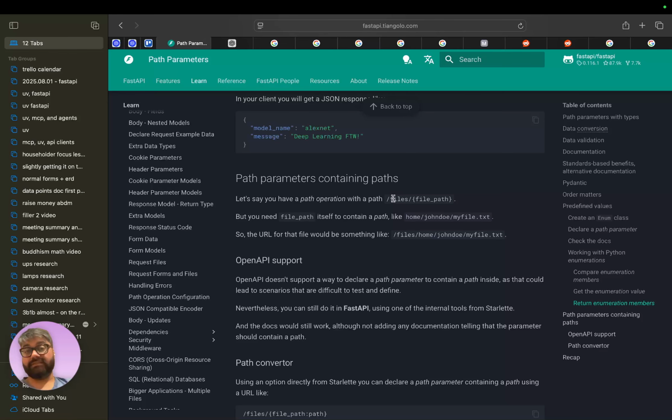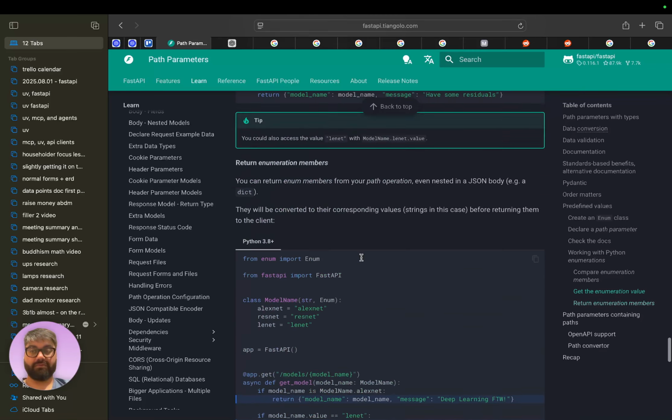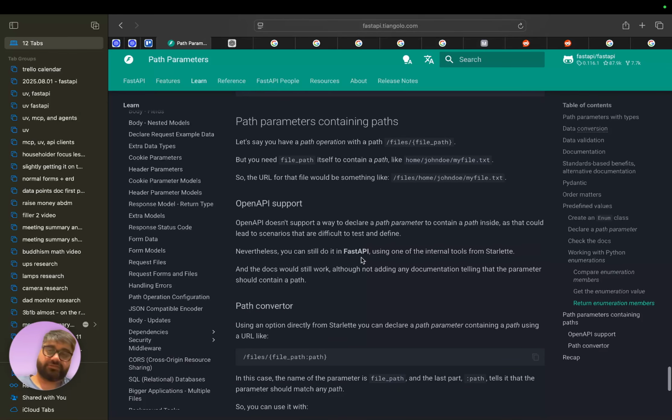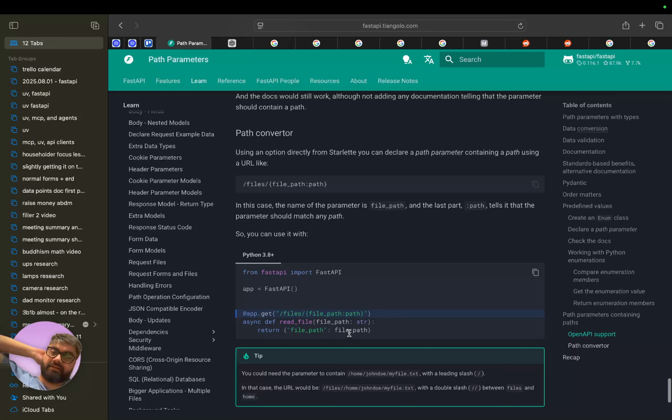So this one's an interesting thing: path parameters that contain other paths. That can cause confusion, so you have to be careful with doing that because of the ordering thing from earlier. Even though this is not strictly supported in OpenAPI, FastAPI does allow you to do that by just appending colon path. You do that in the actual path that you give to the decorator, not in the type annotations. In the type annotations, you just do a string.